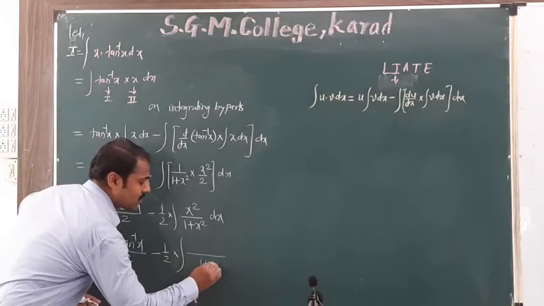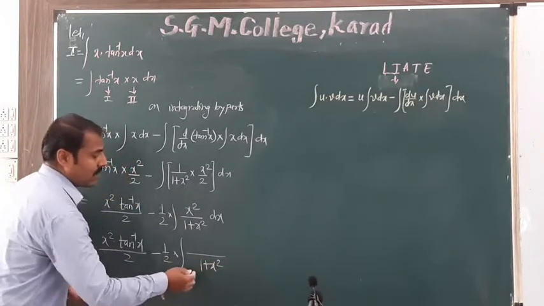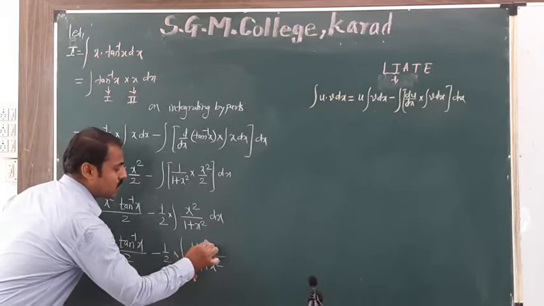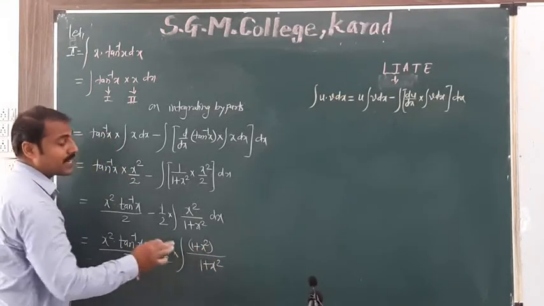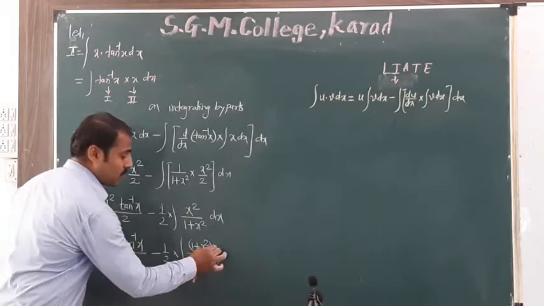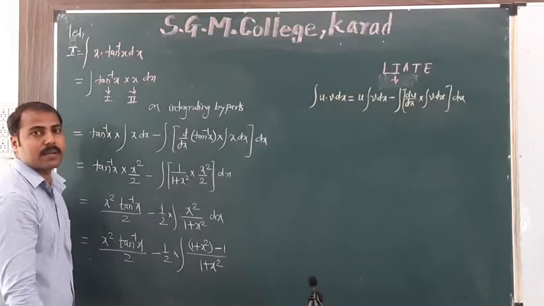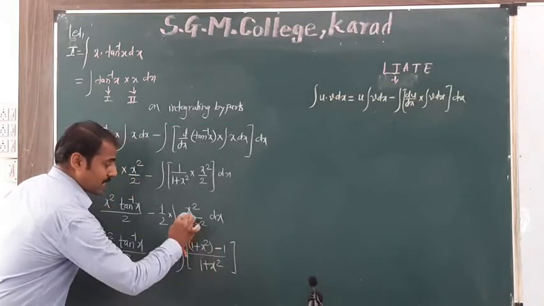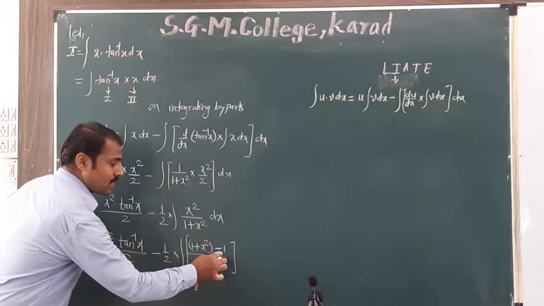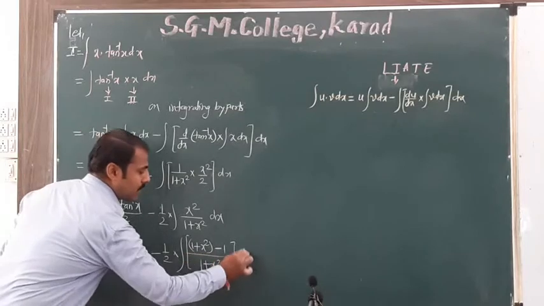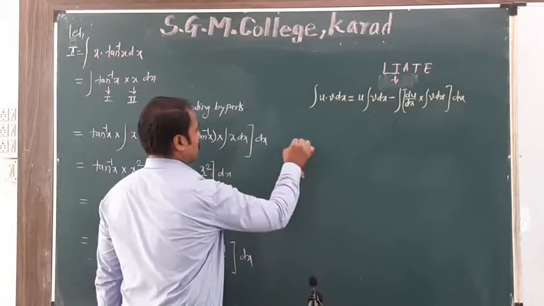Here denominator is 1 plus x square, adjust denominator in numerator. So I can write here 1 plus x square. What happened? In numerator there is only x square, but I add here 1. To maintain equality, I subtract here 1. So numerator x square can be written as 1 plus x square minus 1, and put bracket for denominator adjustment in numerator, dx,